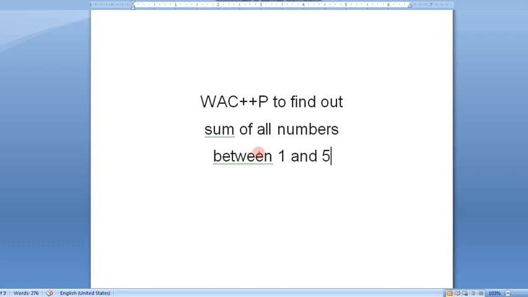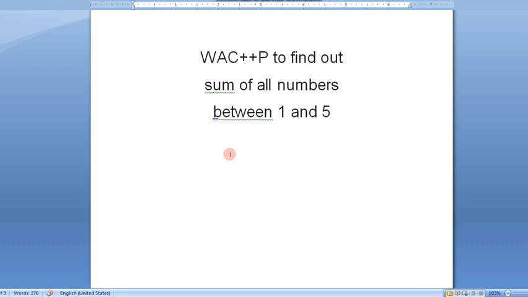Okay students, so in this case what are the changes, or what are the new things we are going to do, let's discuss at first. We have to take two variables. Why? One variable, suppose n, we will take to make the series from 1 to 5. We don't want to print, but we have to continue the loop from 1 to 5. For that one variable we have taken.